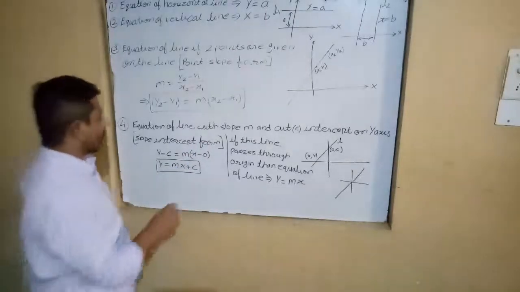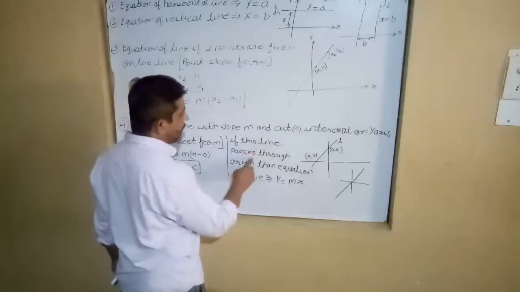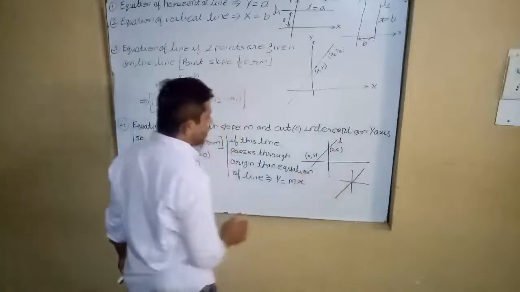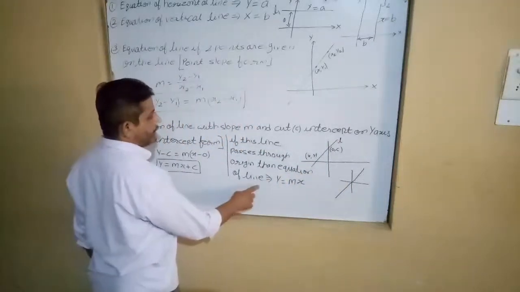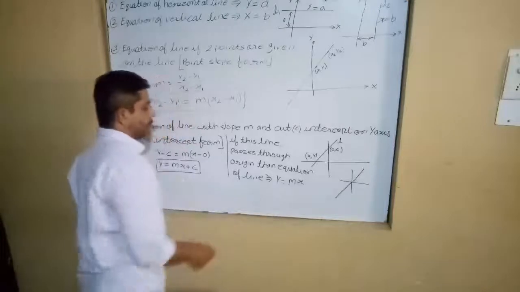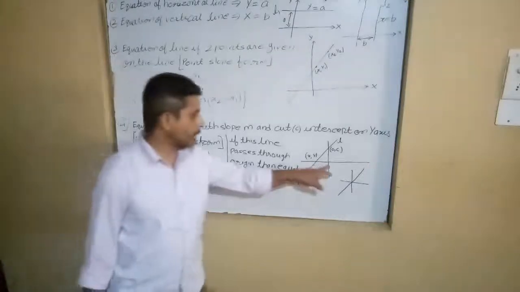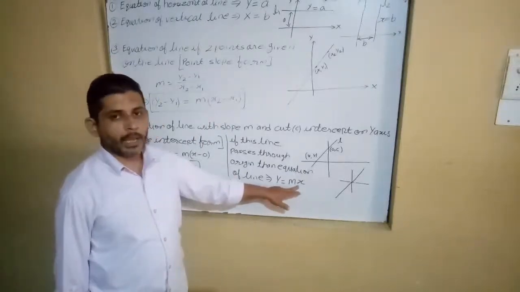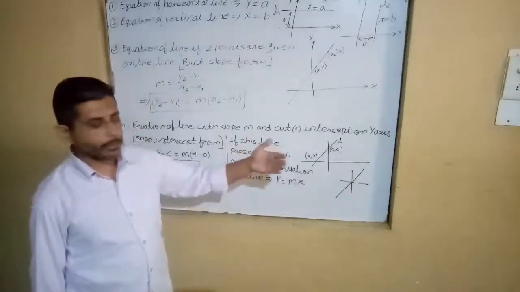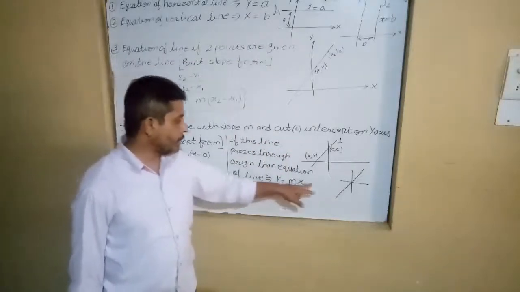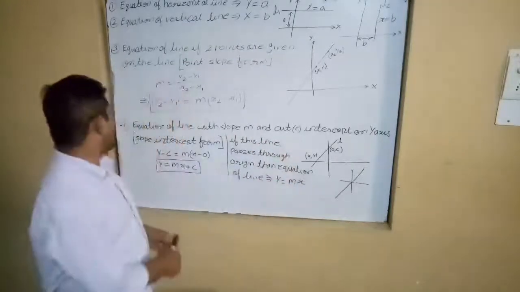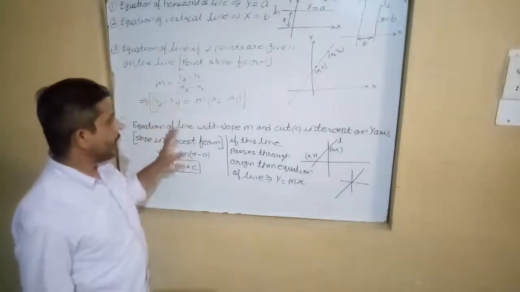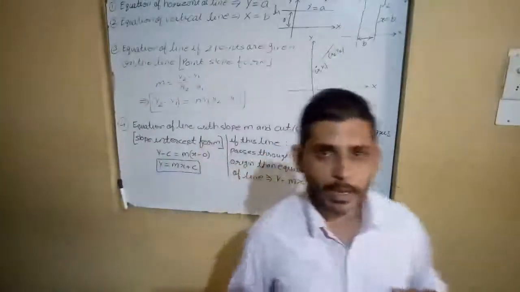One more condition is created here. If this line passes through the origin, now this same line we make pass through the origin, then the equation of the line will be y is equal to mx plus c, and c becomes what? Here y is equal to, in the origin, what will come? 0. So this is the line where m is the slope and it passes through the origin, so y is equal to mx. So this is a little information about the different types of equation of line. So first you note it down, then we add.